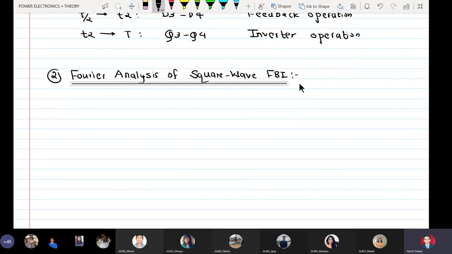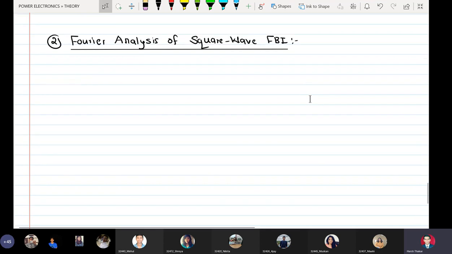So students, if you remember, to do the Fourier analysis we have to do the analysis for a waveform which is periodic in nature. Because we have recently done it for converters, I can write down that just like we do